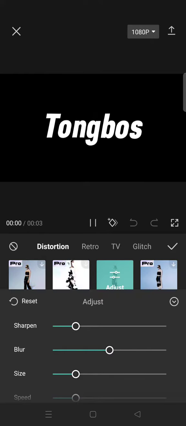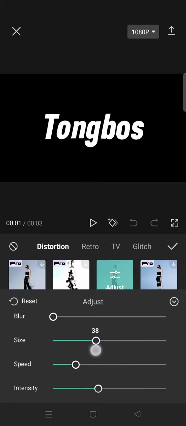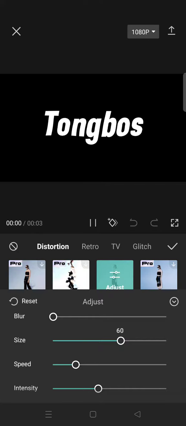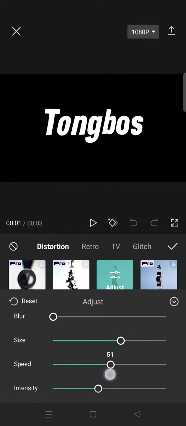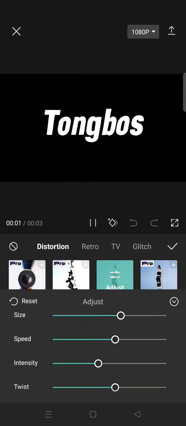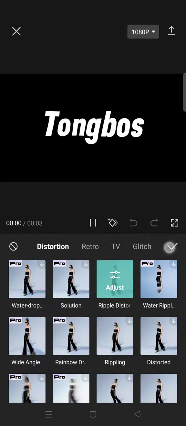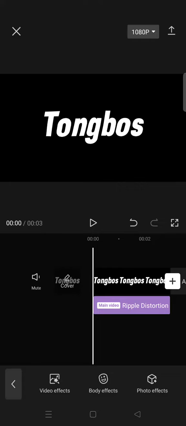And then the blur 0, size 60, and speed 55, intensity 0, and then lastly twist 45. And after that, just go back and click on the check icon, and now go to the video effects again,